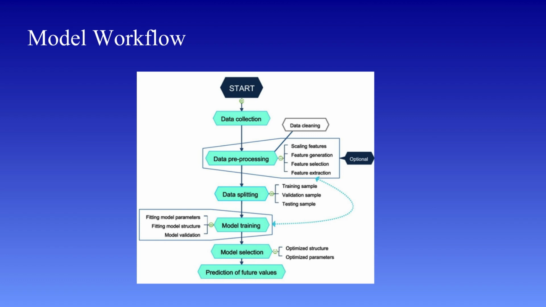Once we have collected the data, the next step is data preprocessing. Raw data is rarely clean or ready to use. It may contain missing values, inconsistencies, or noise. So we need to clean it. This involves handling missing values, either by removing them or filling them appropriately, removing duplicate entries, correcting errors, and converting data into a consistent format. For instance, categorical data like yes and no may need to be converted into numerical values like 1 and 0. This step ensures that the dataset is structured and usable for modeling.